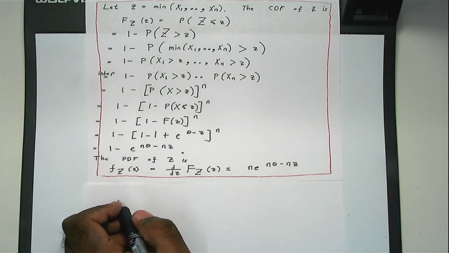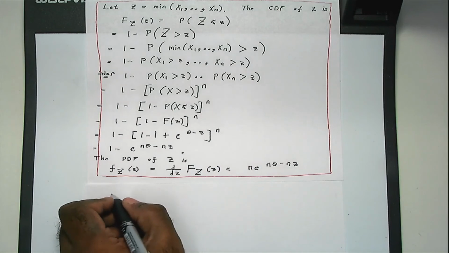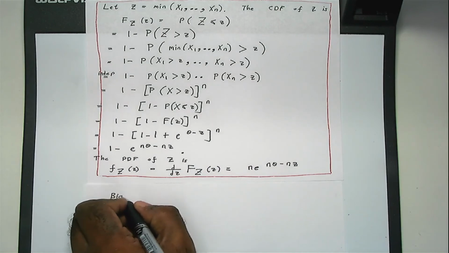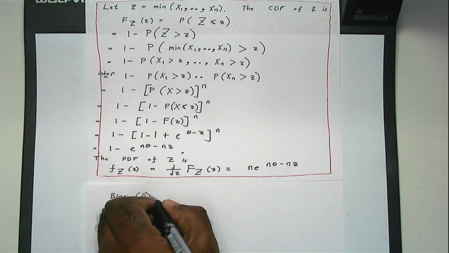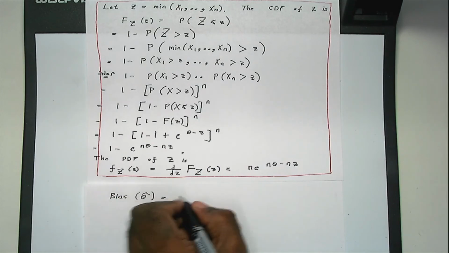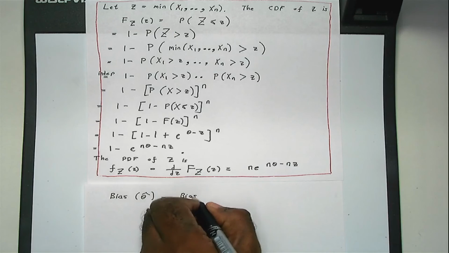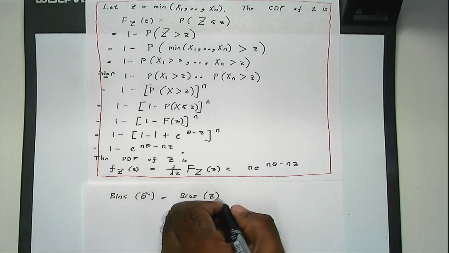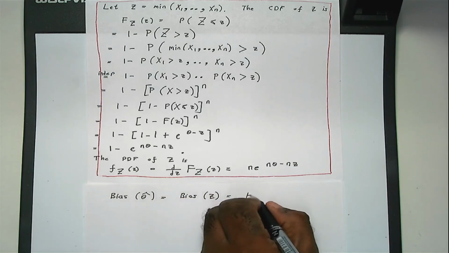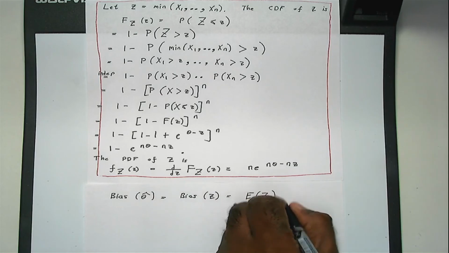So let's start with the bias of z, which by definition is